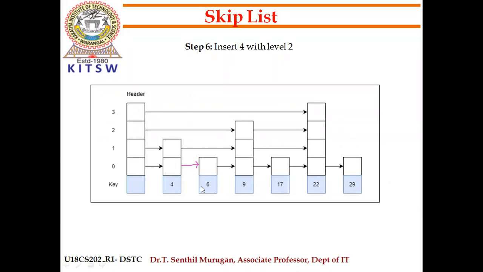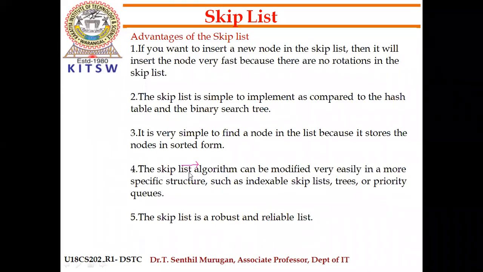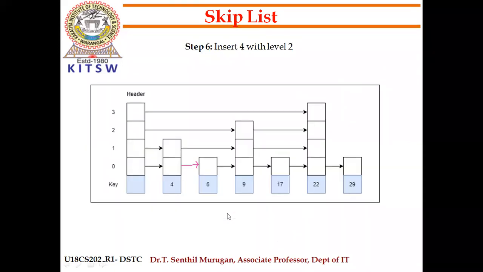Then it is inserted with level 2, means up to level 2 it is connected, where the node is 4. So for level 1 and level 2 it is connected. Okay, so this is the final skip list we generated. Now, for example, if you want to search whether the element 9 is there or not,